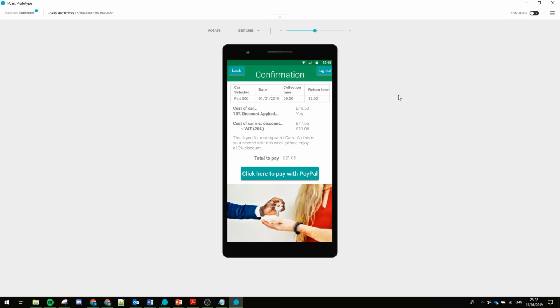the payment breakdown. So the cost of the car shows them normally what the cost of the car would be. So £19.50. Was the 10% discount applied? In this case, yes, it was. This is the second time using the app, so they get the 10% discount. So below that we have the cost of the car including the discount, so that's bringing it down to £17.55. I feel that's fairly self-explanatory. Below that we then add on the VAT as normal, and that takes it to